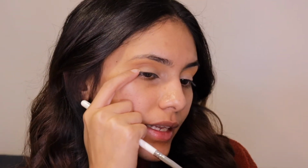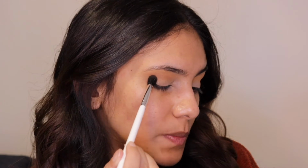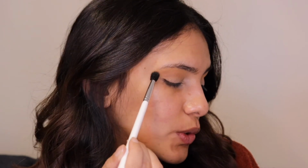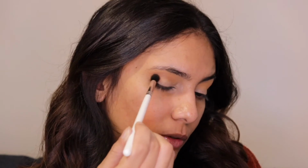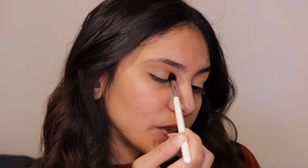One thing I've noticed with deep set eyes is that our brow bone obviously sticks out, it's more prominent, and the eyelid around here especially, it sinks in. Now we don't have a lot of space to play with, and the minute you start going a lot closer to your eyebrow, it starts to create this weird shadow in just that bit there of your eye. So what I like to do is just focus it as close to that space there and not take the brush too close to the eyebrow. So you really need to be careful, like gentle, smaller circular motions